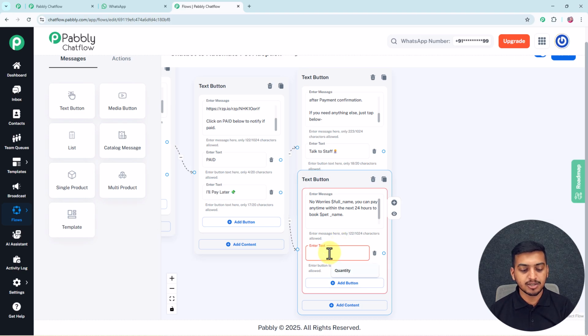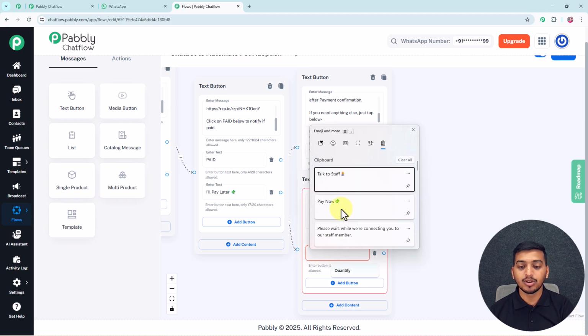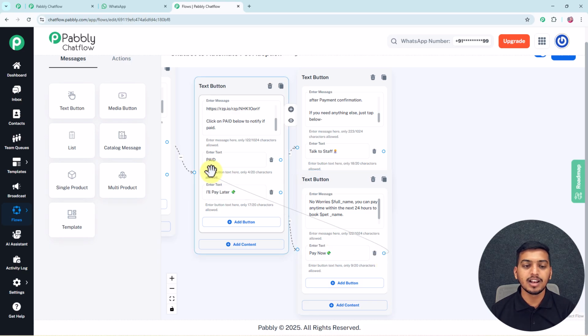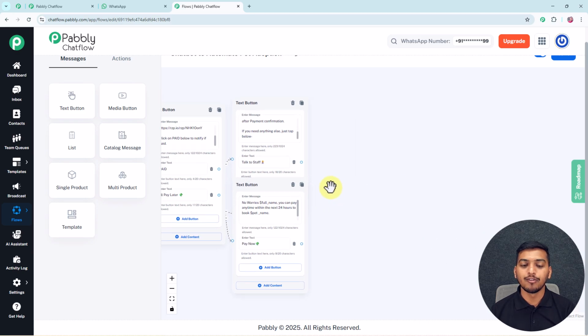That's why just below this particular text I will add this particular button pay now, so that my customer can directly click on this button pay now if they want to pay for their pet. Now I will connect this particular circle with this button where I have provided my customer with a payment link. Now I want that whenever my customer clicks on this button talk to staff,